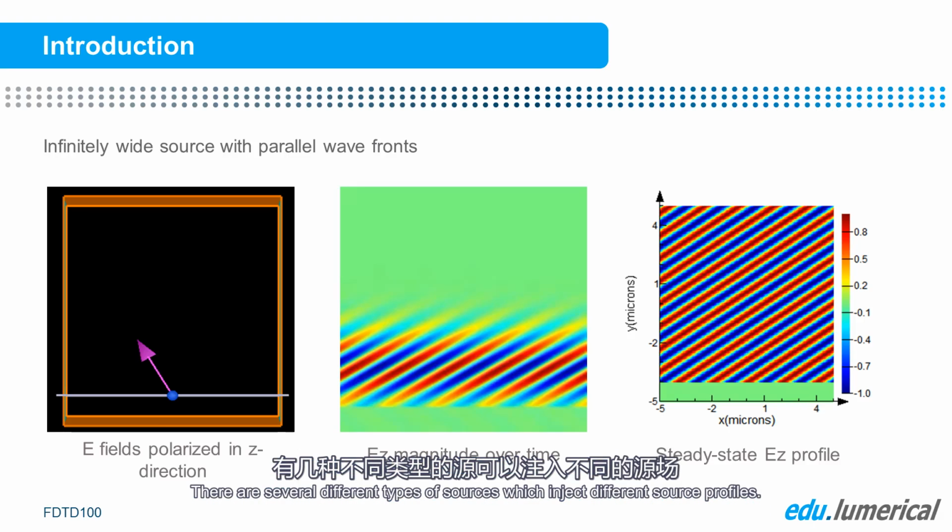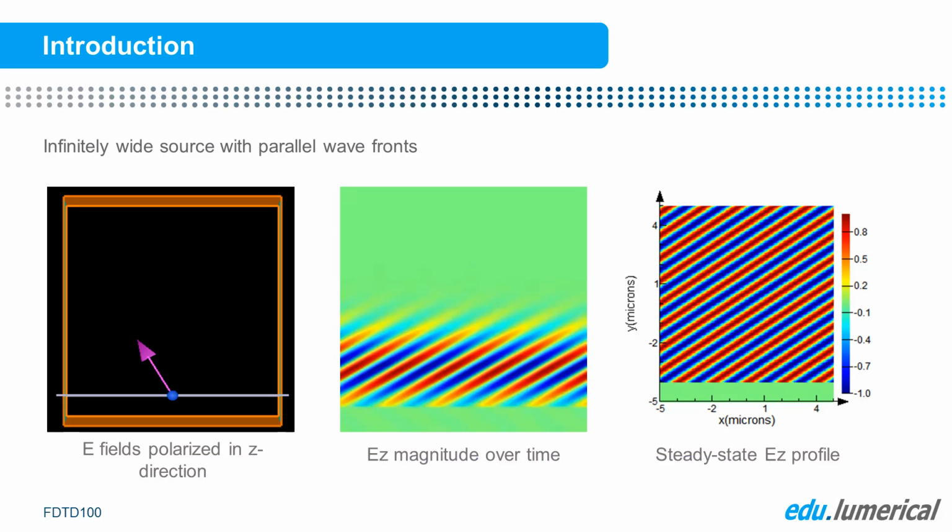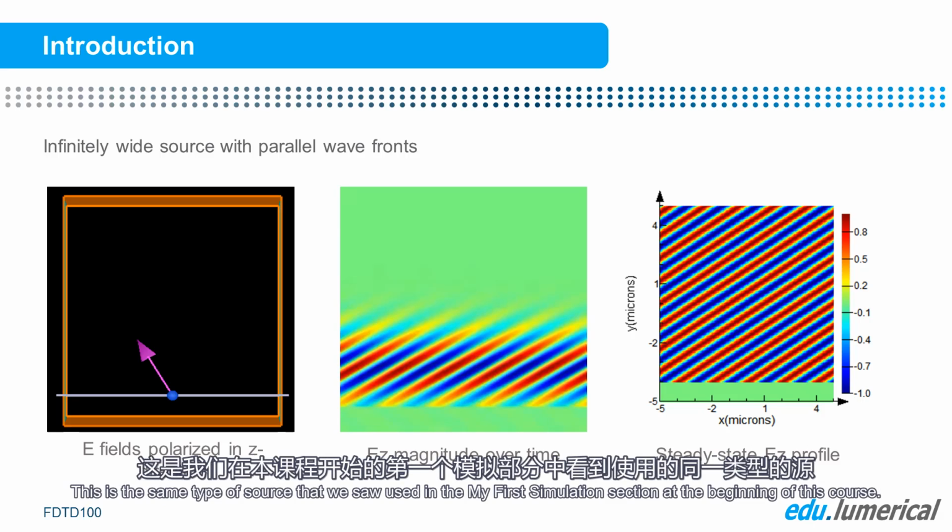There are several different types of sources which inject different source profiles. The planewave source simulates a wave with parallel wavefronts where the phase is uniform across each wavefront. This is the same type of source that we saw used in the My First Simulation section at the beginning